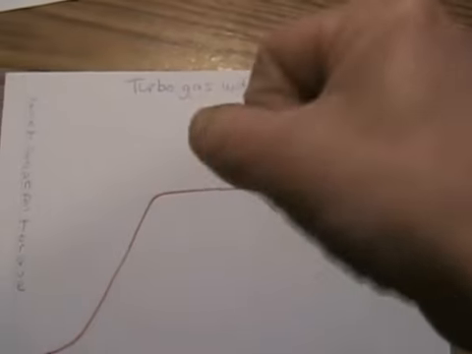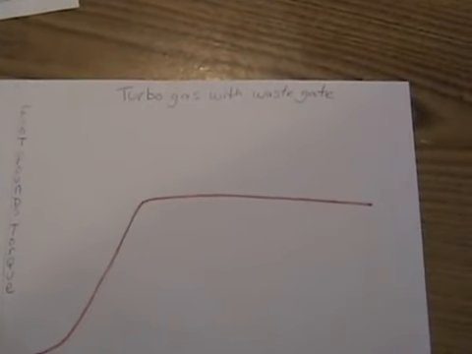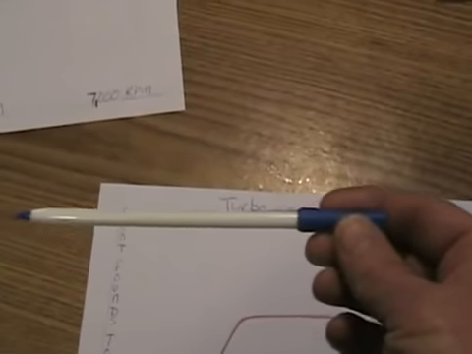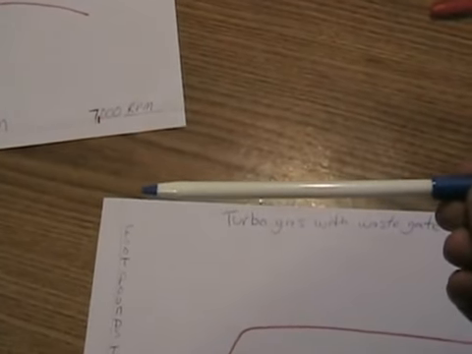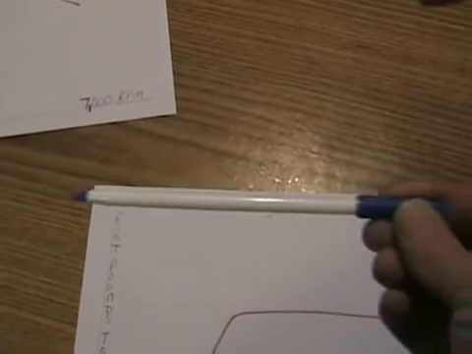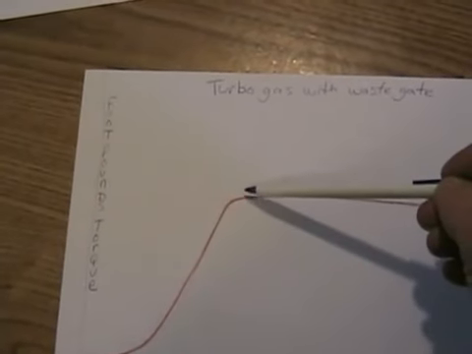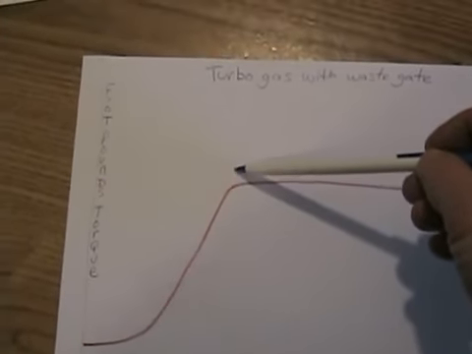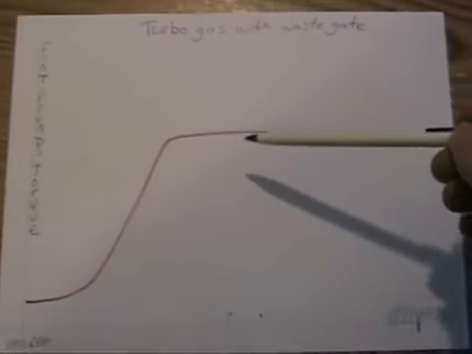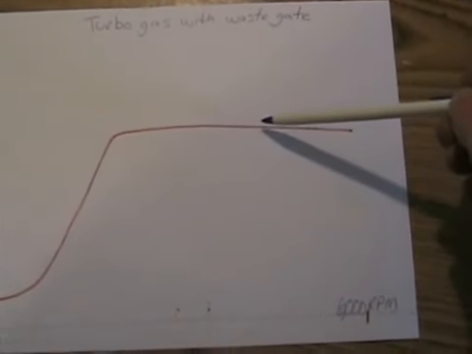Torque is how much twisting force the crankshaft has, measured in foot-pounds. That means, for example, if this pen was 1 foot long, and at this end the engine might have, say, 200 pounds of force pushing down on a 1 foot lever. Well, if you had 200 pounds of force pushing down here, let's say 2,500 RPM on this turbo engine with a wastegate, and then you had the same amount of torque here pushing down at